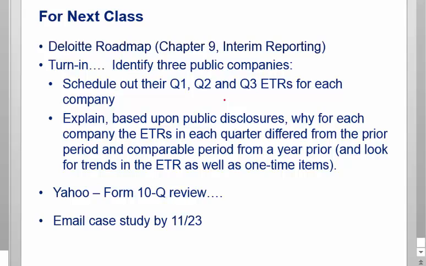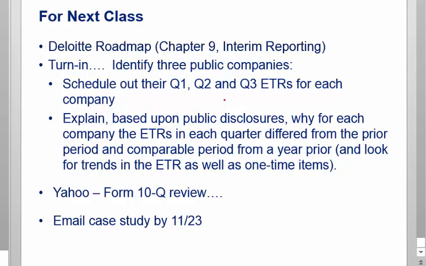Okay, so next week we're going to talk about quarterly provisions. Your homework is to review the Yahoo 10Q. You'll see that their quarterly rate is all over the place. It is all over the place. It will crack you up. So I want you to try to figure out why the rate is going like a balloon you let the air out of. That is really what's happening. See what you can figure out from their public disclosure. I think in Q2 it was like a negative 100%, something like that.